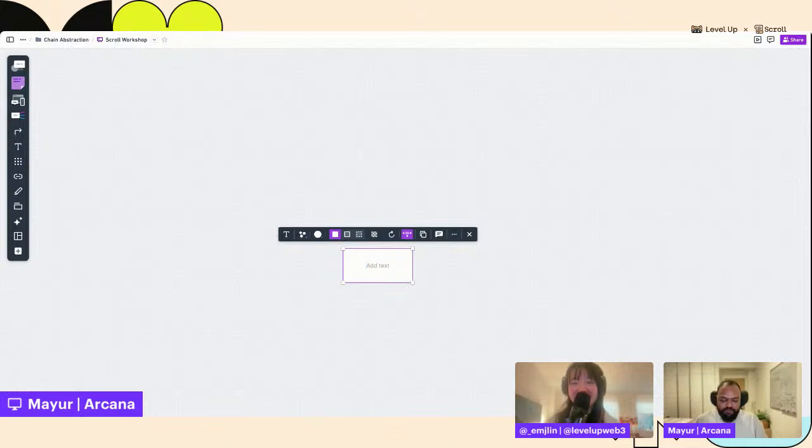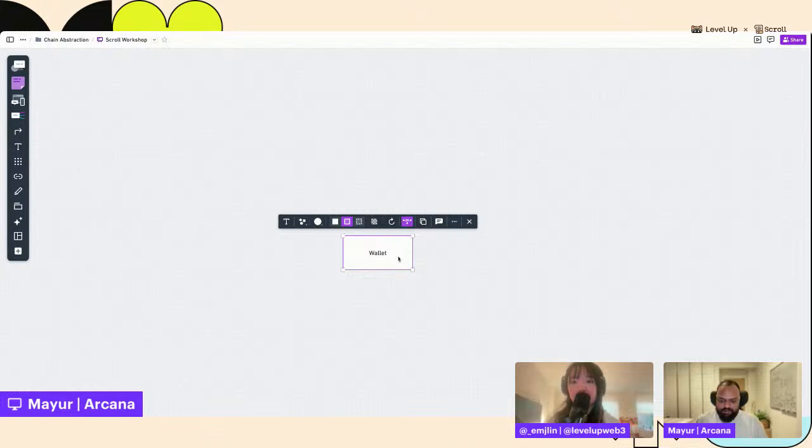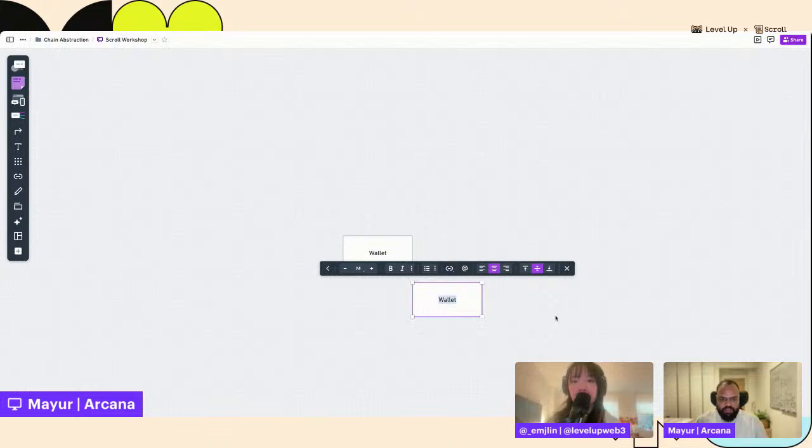Okay, cool. So fundamentally, what happens is every user has a wallet, right? So this could be MetaMask or whatever, and this wallet is what interacts with apps, and apps are usually deployed on some chain, let's say chain B, right?